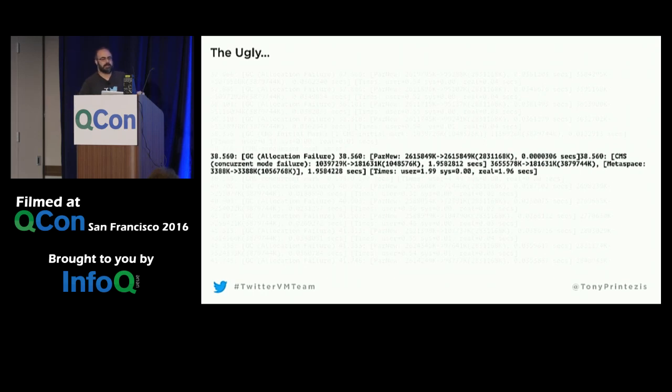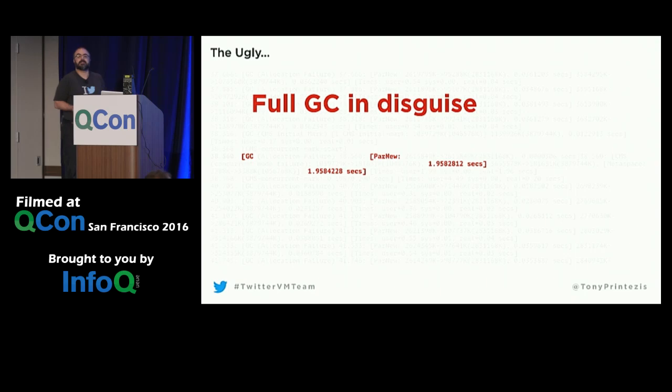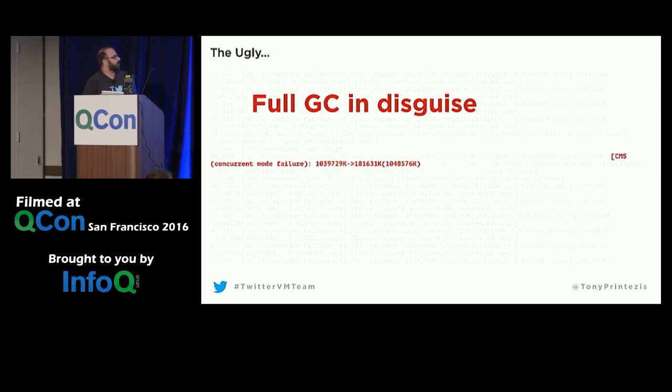Now let's look at this GC, which says par new, but it took 2 seconds. Why was this young GC so slow? Well, actually, it was a full GC in disguise. So with CMS, even if it doesn't say full GC in the log, there might have been a full GC. The way you recognize it, of course, is by looking for the string square bracket CMS colon, because that tells you that the old generation was collected. But I actually lied, because the string square bracket CMS colon doesn't appear, because again it's split by some extra output in the log. So it's a complete mess, right?